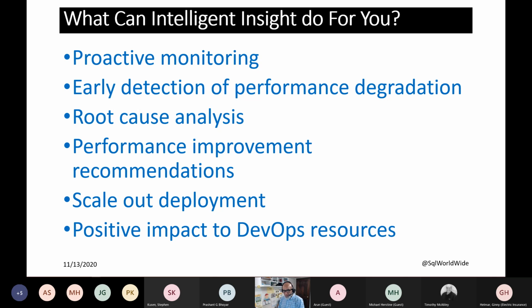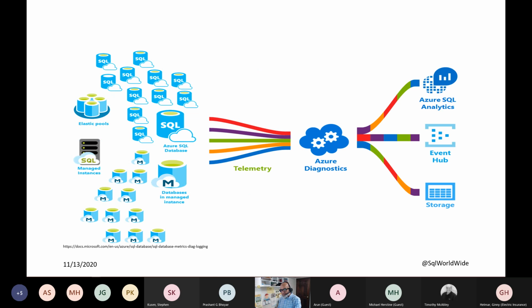I'm not going to read this, but the concept is, from all your Azure SQL databases and other Azure resources you can see on the left, you can send your metrics, which is kind of like performance counters. It's a single piece of information for a single point in time, plus your logs, right? Logs have more data, right? Details, error messages, deadlock XML graphs, and all that. You can continuously send those to Log Analytics, Event Hub, and storage. My preference is to Log Analytics